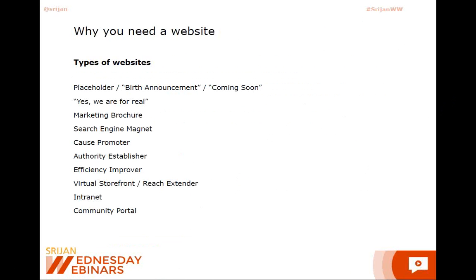Moving beyond just having fulfilled the need that, yes, you've got a www that you can hand to somebody, is a marketing brochure type site. The way that a marketing brochure site functions is that you've maybe done some networking and people are interested in you and they've asked, oh, what's your website? They would go to this website, and this is where they can find a lot of details about your products and your services, and how they can get in touch with you.